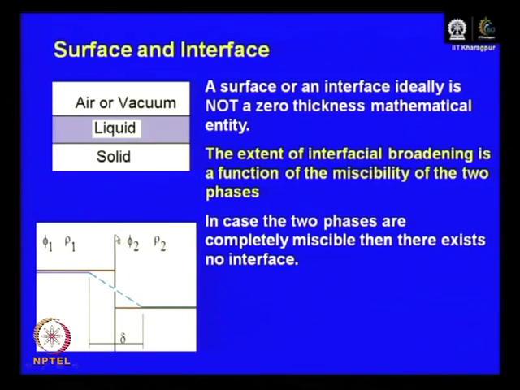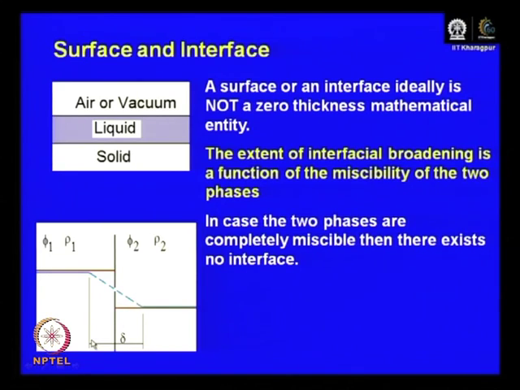However, in reality an interface is not ideally a zero thickness mathematical entity, as has been shown here. If you consider that there is no variation of rho 1 and rho 2 within the two respective phases, in other words it stretches up as rho 1 right up to this point and then drops to rho 2. In reality, close to the interface there is a gradual transition of these properties. It can be density, it can be any other intensive property which gradually changes over a spatial dimension. So, there is a gradual transition from rho 1 to rho 2, and this distance delta is termed